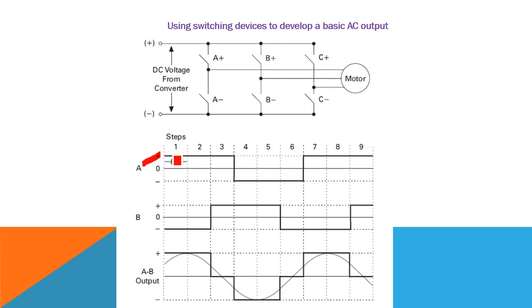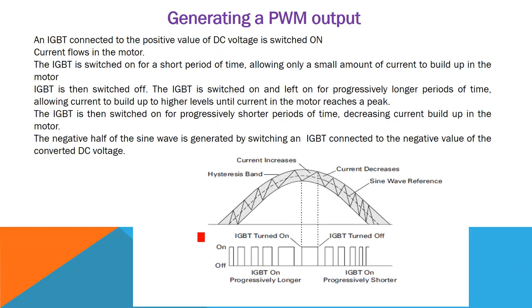So A plus at a point of time will be on, A minus won't be working, and B plus will be working at a point of time. So at this time both are on like this, and it will be having an effective current like that. Now when it is working, the current generated will be like this. It is not a perfect linear characteristic, but you are able to see the changes, increase and decrease.